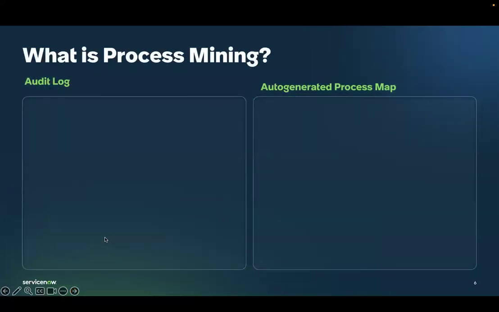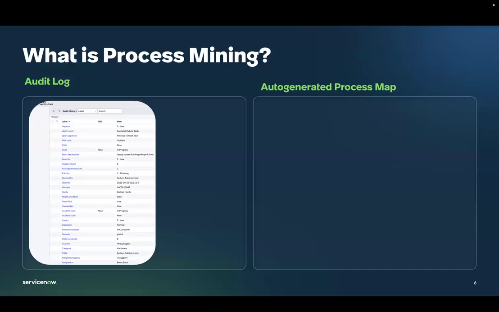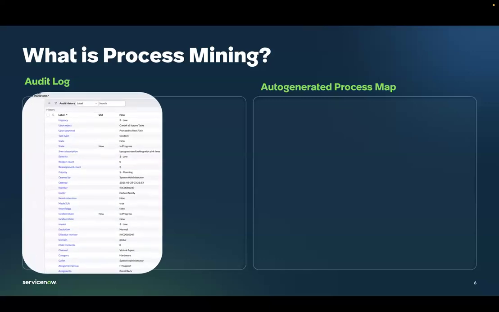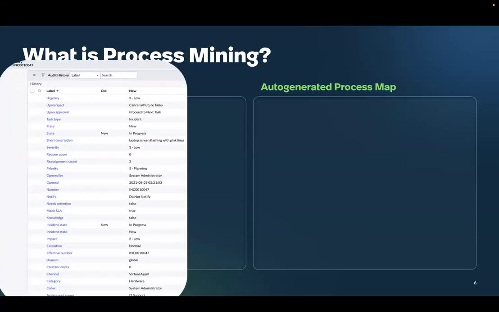So to begin with the basics of process mining, what it really is: everything that you do in ServiceNow is being recorded in something called an audit log or event log, and it looks somewhat like this, where every single update made to an incident or a request or a change, any record type or a sales order for that matter, is being recorded in the audit log. Here you can see the state field of the record has changed, or the assignment group has changed, or the short description has changed. Everything is being recorded in the audit log, and that's what is basically used to generate a process map automatically for you in just a matter of minutes.